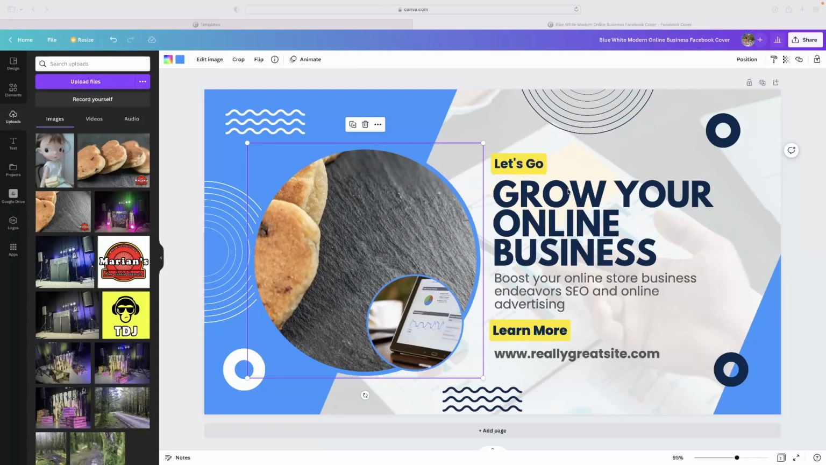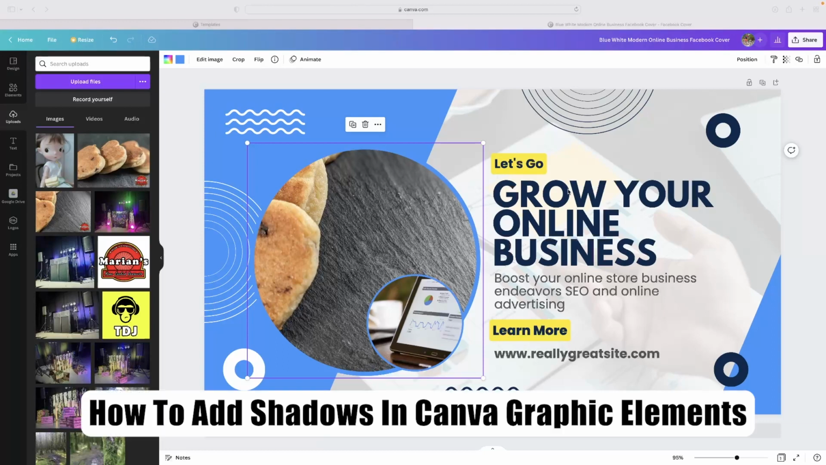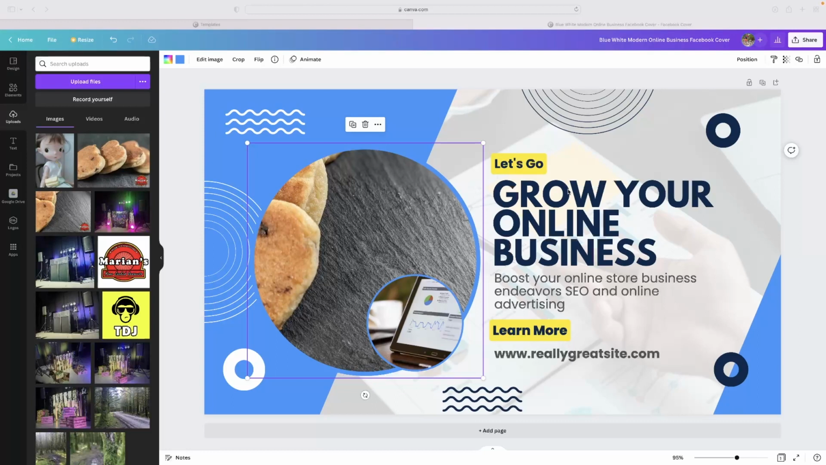Got a very short video tutorial for you today that will demonstrate how to add shadows to a graphical element in Canva. Okay, so just before I get into that very quick tutorial,